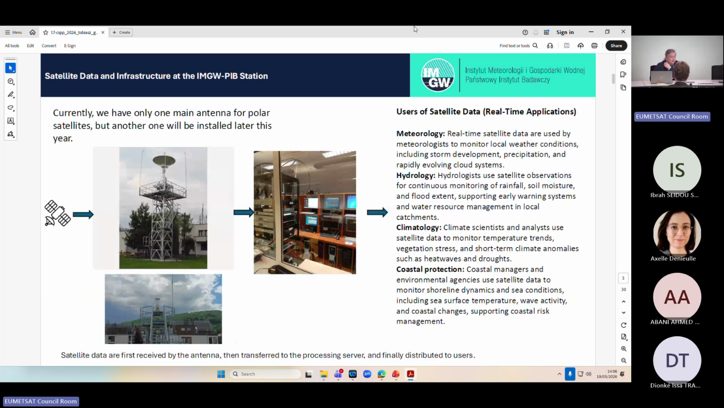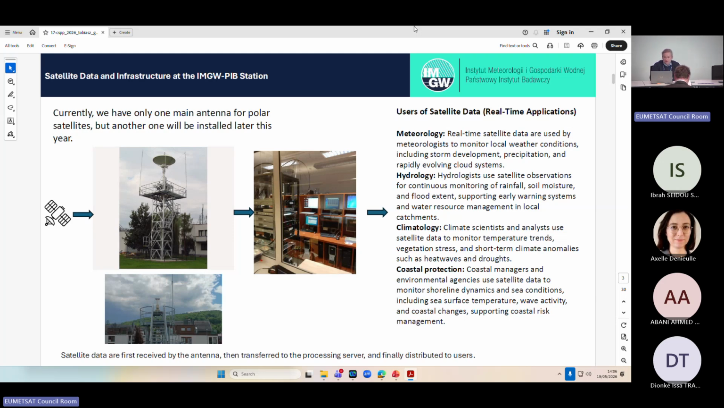Okay, so this is a scheme of processing in our institute. Currently we have only one antenna for polar satellites, but another one will be installed later this year. First, satellite data are received by the antenna, then transferred to the processing server, and finally distributed to the user. Who is the user? The user is a forecaster mainly,